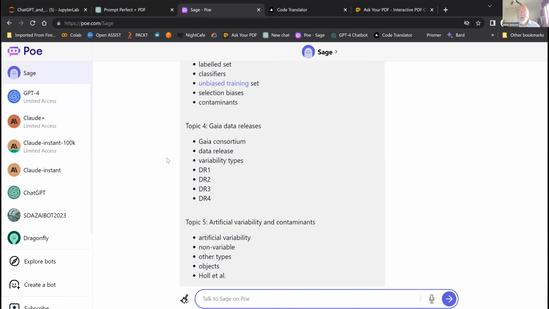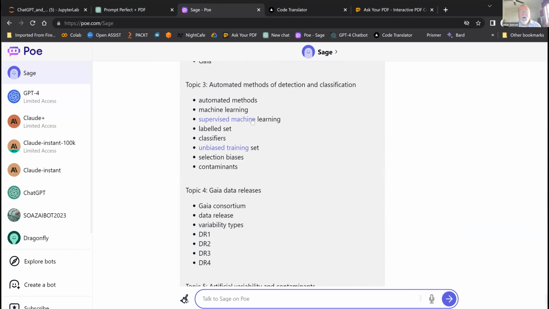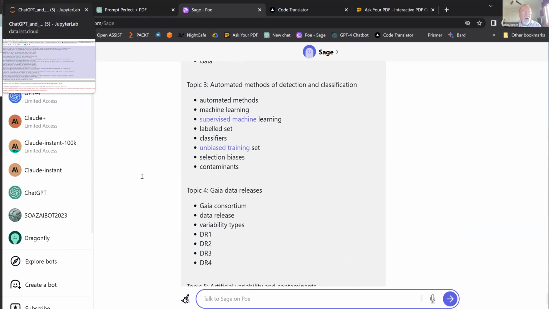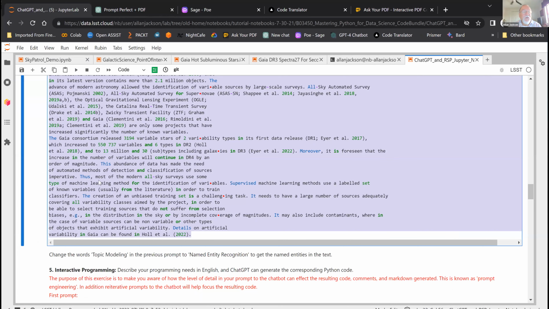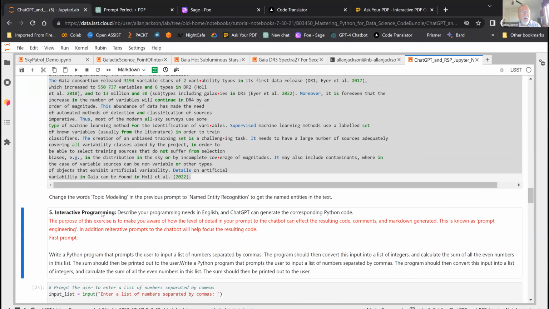You could do this with any other academic article. You'd probably have to do it a page at a time because there's a certain token limit, but it can be done and gives you an interesting output. So I'd call this a success. Let's go on to number 5. Sorry, any questions on 4?